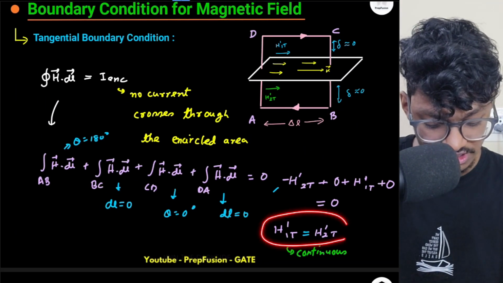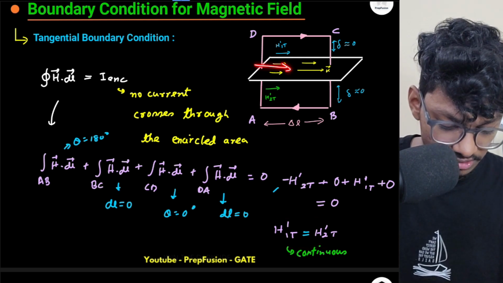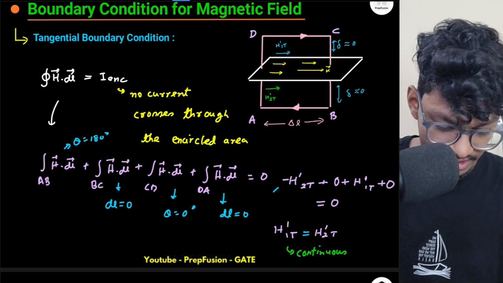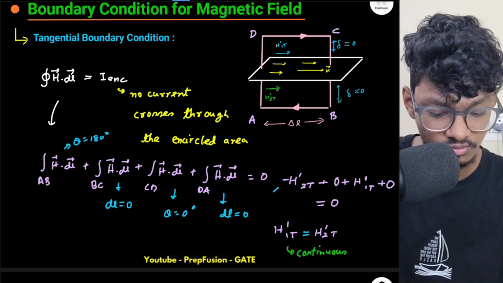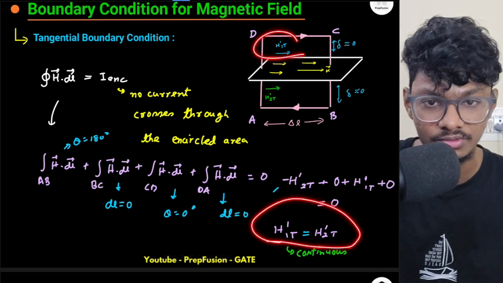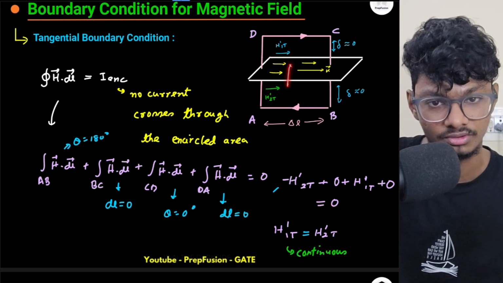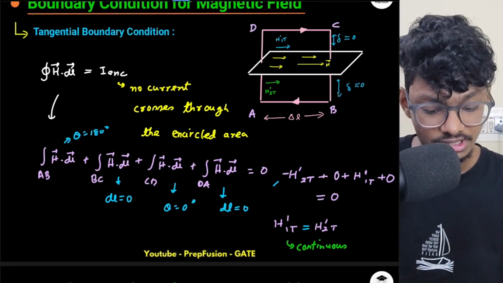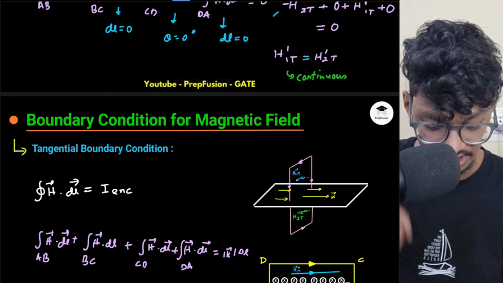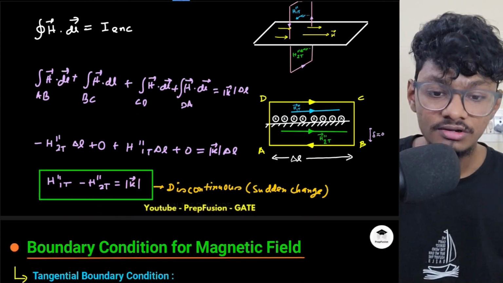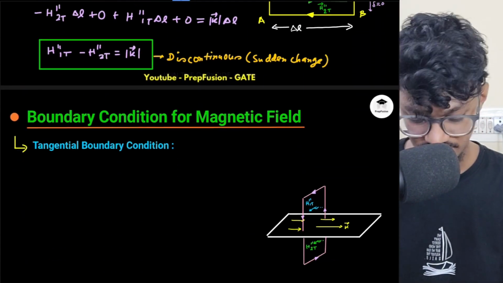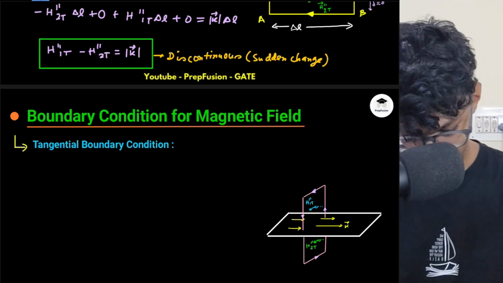And here there is no change, right? It is continuous. Along this direction, there is no change. Whatever H dash 2T was, the same is H1 dash T. They are continuous. There is no change by crossing the boundary. The magnetic field remains the same along this direction, but along this direction the magnetic field changes. So overall, what is the change? If I just write this down,